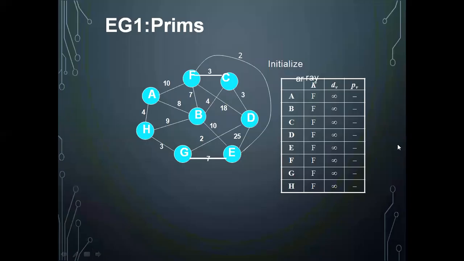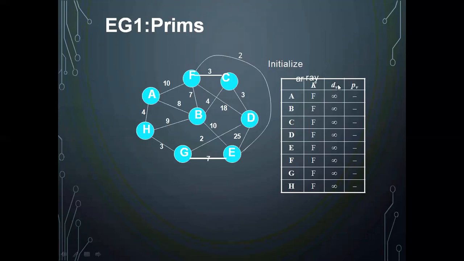Okay. So this is the normal procedure you should follow for doing this problem. This is the graph you are having, and A, B, C, D, E, F, G, H are the nodes present in the graph. Total 8 vertices are present. K is representing whether that is the part of the spanning tree or not. If it is the part of the spanning tree, I will fill that field with a true. In the beginning, none of the nodes are the part of the spanning tree, so all are filled with F, F is representing false.